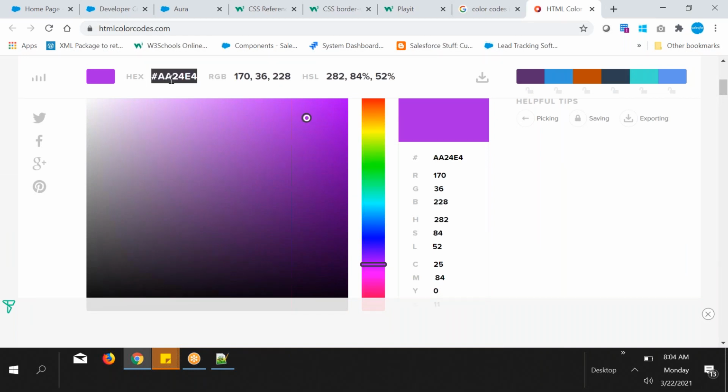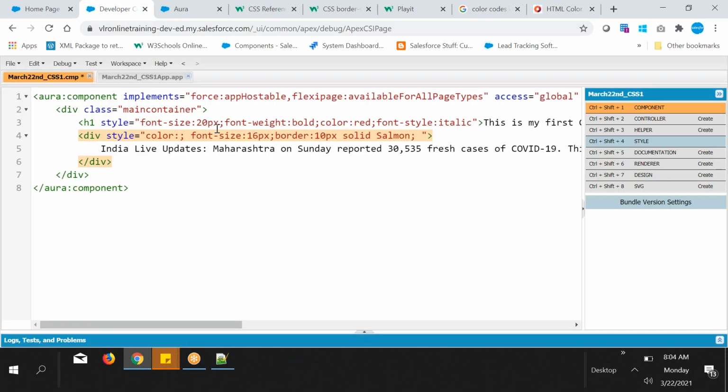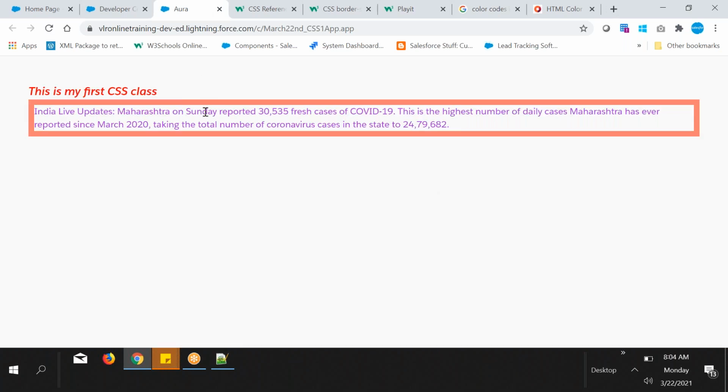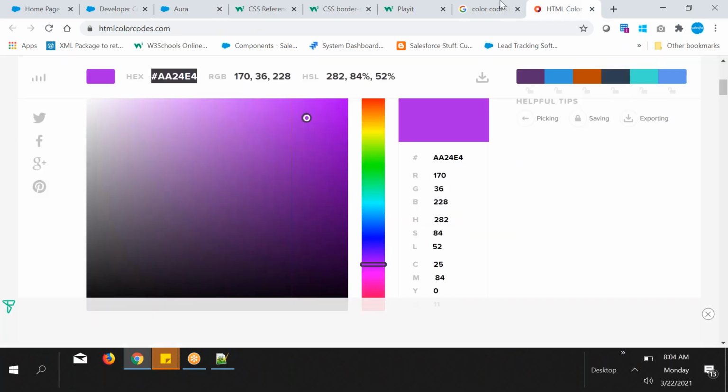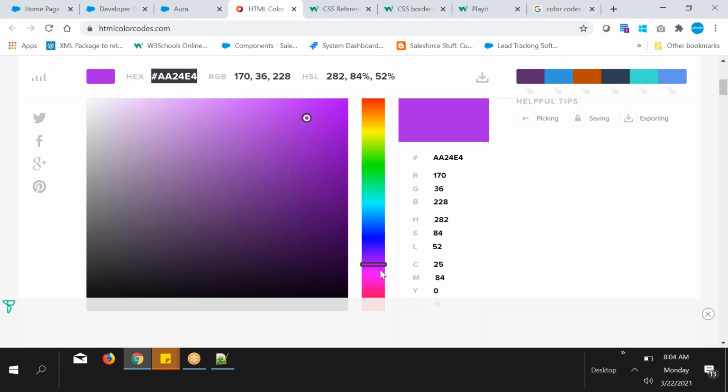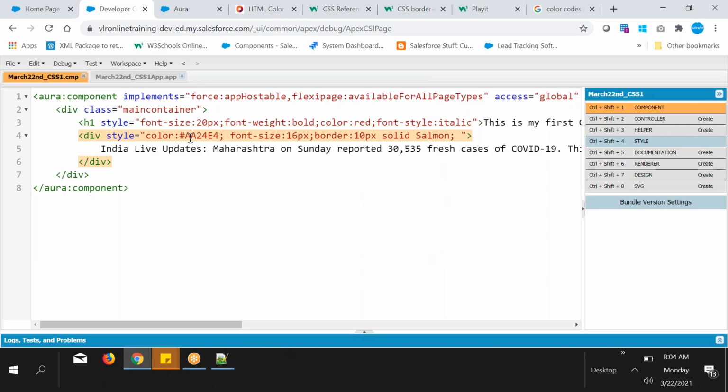What you can do is copy the code with the hash symbol, paste it simply. That's it. Here, refresh it. Have you seen the text? Indian Red is updated with the color code. With this color, the text is applied, right? So that is one way of adding a color code. Okay, and suppose you select different colors. Suppose I want to apply this kind of color, so copy the code, go and paste it here.